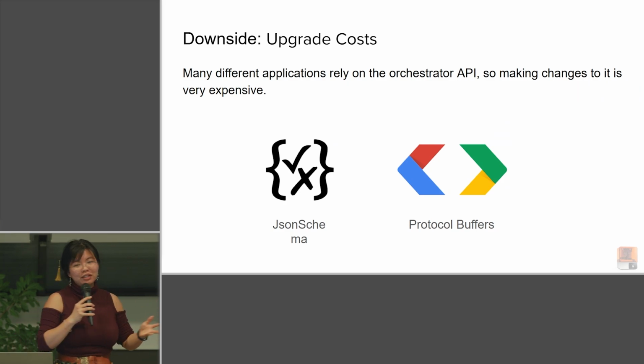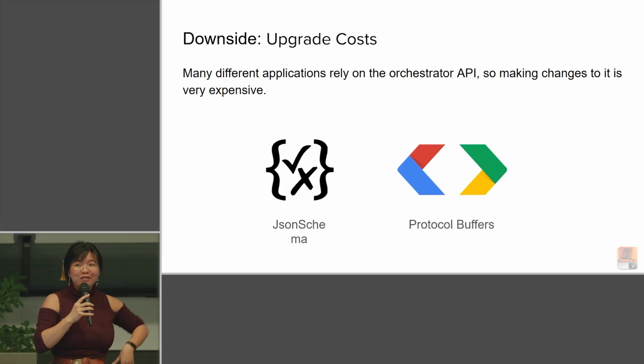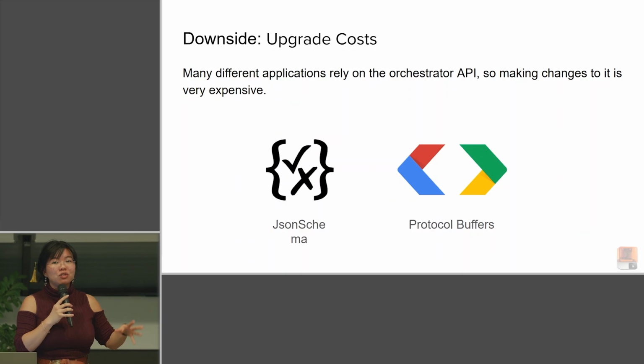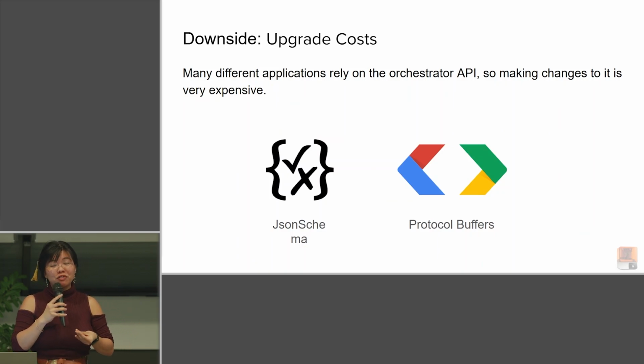What are some of the downsides of this relatively stable orchestrator approach? It is very expensive for us to make changes to this interface now because it touches so many different things. So the orchestrator code is used on the Fuse Blast, the Form4, and the Form4L. And this means that if, for example, you wanted to move from manually maintaining your JSON schema all the time, I don't want to do that anymore,